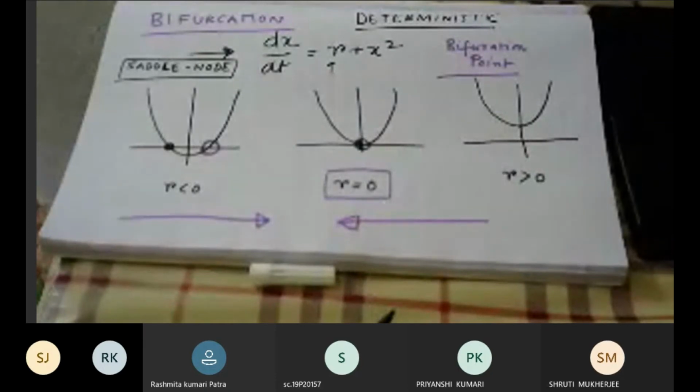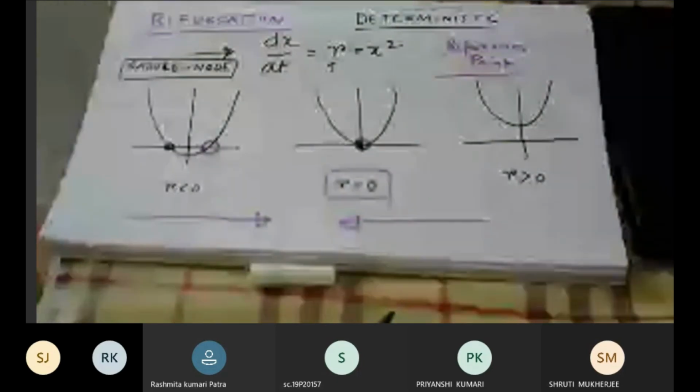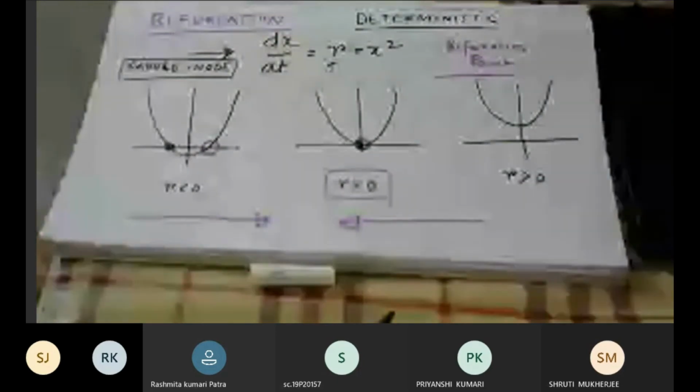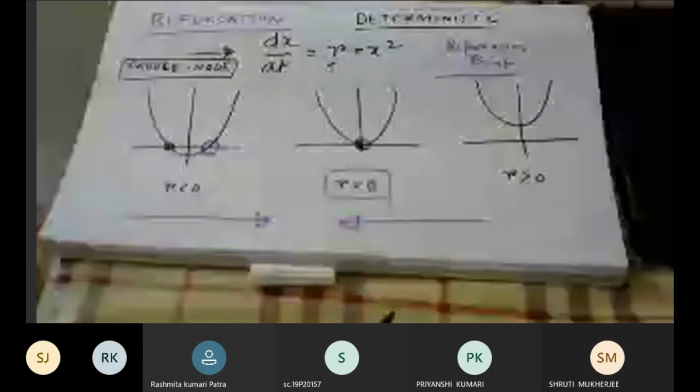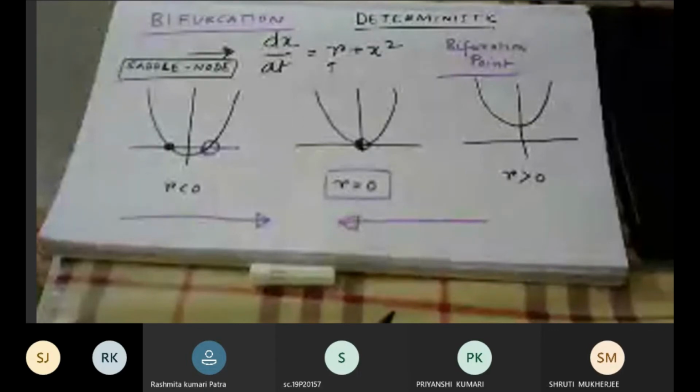Similarly, there are other bifurcations that we will learn about, which happen in first order, one variable systems only, like the transcritical bifurcation. There you will see that a stable point and an unstable point both exist. At the bifurcation point, the stable one will become unstable, and the unstable one will become stable. Then there is the pitchfork bifurcation, where there was one fixed point, and suddenly there are two more. At the bifurcation point, we suddenly have three fixed points present.